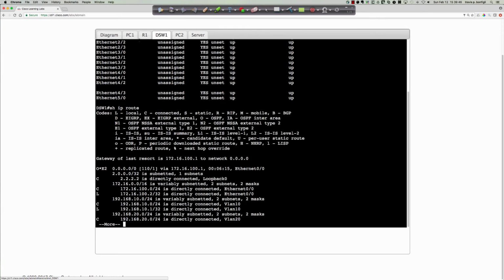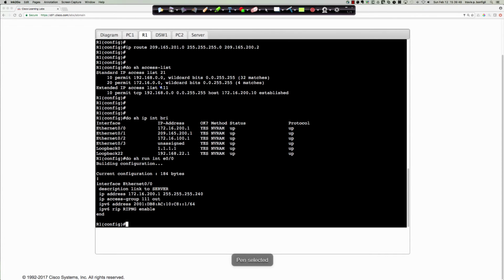And again, what I mean by that is we take a look at the ACL and it says permit TCP traffic from the 198 to the 172.16.210. Now, this logic is correct because we want to allow SSH, which uses TCP. We want to allow it from the